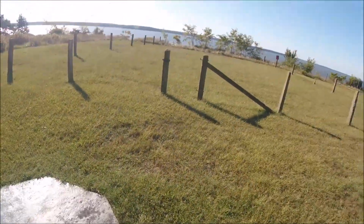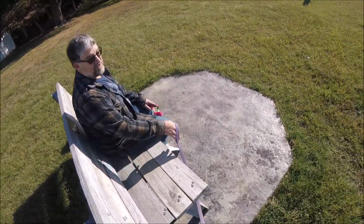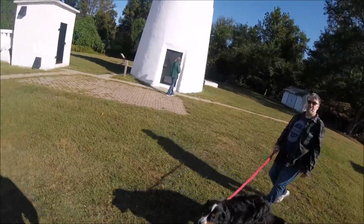When I come up the bay from Baltimore, I would use this lighthouse so I knew which river to take. Turn in. They usually have it open when they're...